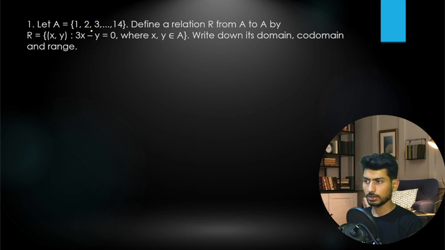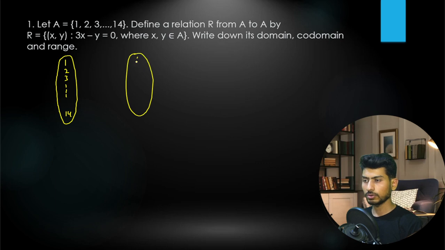Here you can see that A contains elements 1 to 14. It means it contains more elements now. How will you make all this set? No, you are not going to write out all of this set. What you will do is just write 1 2 3 dot dot dot and 14. Here again I am also writing 1 2 3 dot dot dot 14. And they will not tell you to make an arrow diagram because they know that if we make an arrow diagram, it will occupy the full space on the page. So we should not make the arrow diagram.